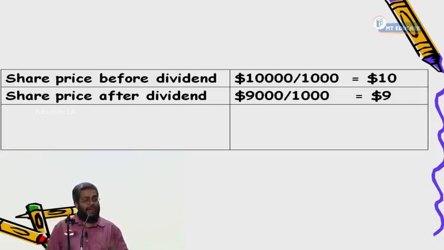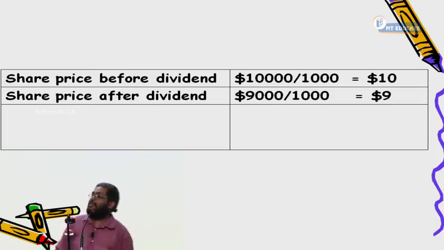Here P1 is on the same day. Everything is done in year 0 discussion. Hence I did not discount by 1 plus K. Otherwise, this example and that sum are the same, except for discounting by 1 plus K. If you want, I can say I am discounting by 1 plus K power 0.